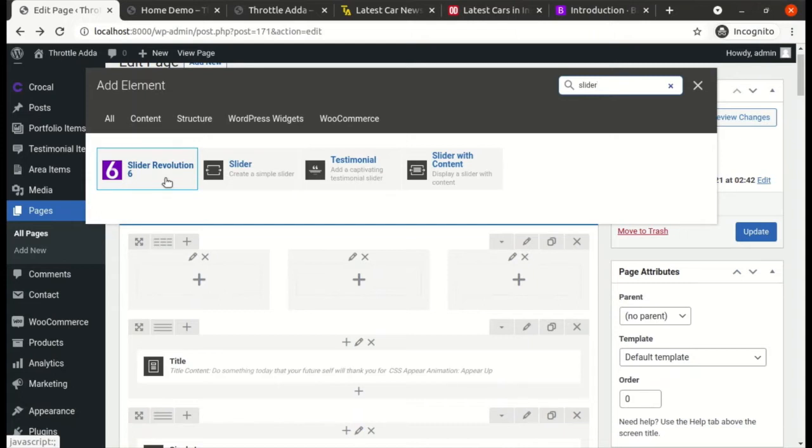Maybe this slider will be available when you are installing the theme. It might not be available. You can quickly go ahead and download the Slider Revolutions, whatever the version is available, and then you can start using it. So we will go ahead and add a simple slider now to begin with, and then as we progress in the episodes, we will keep on using complex functionality or more functionality or plugins with more features.